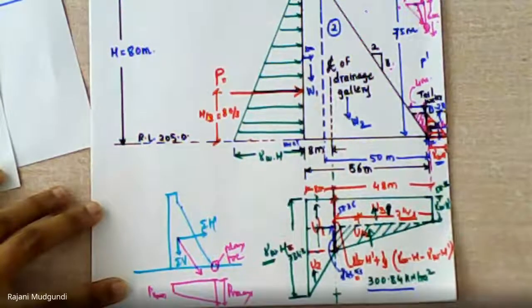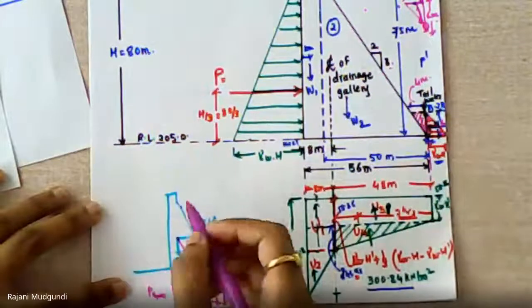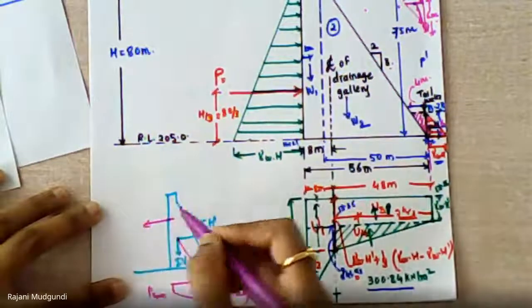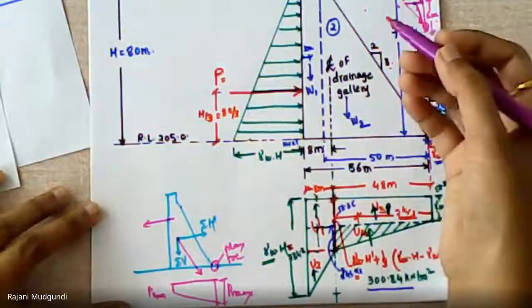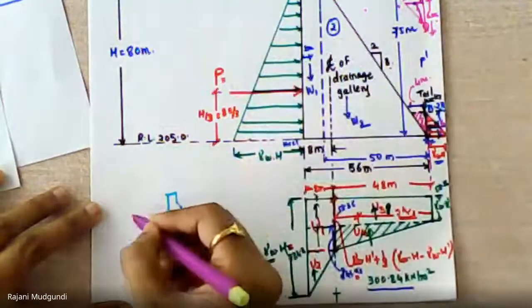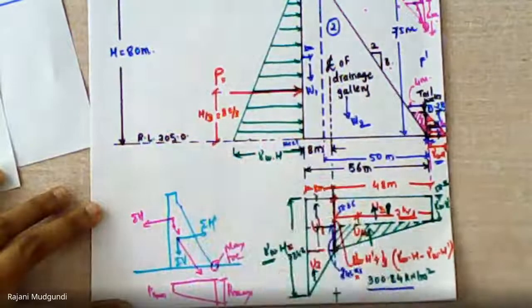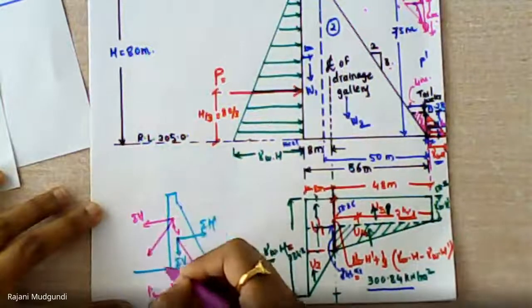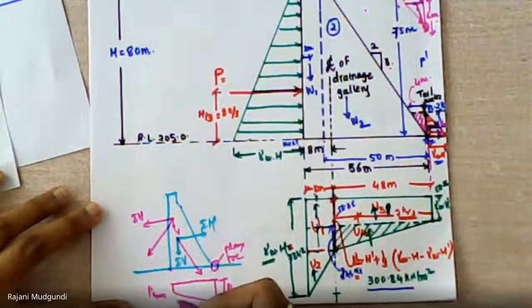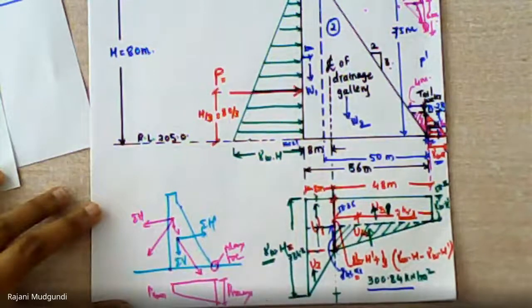If the reverse is the case, that no water is there in the storage, then the forces will be in the reverse direction. Horizontal force is more because of the earthquake or other components, and vertical force will obviously be acting in the vertically downward direction. In this case, the resultant will act towards the heel, right? So you have to look at the location where the resultant is passing through.